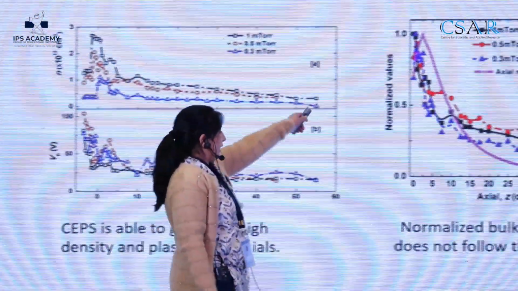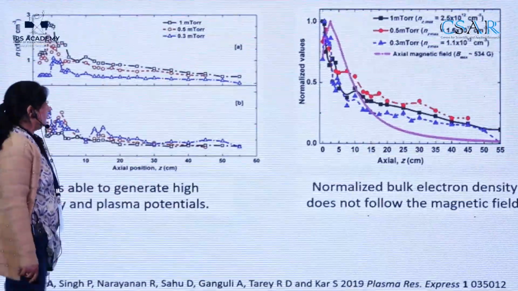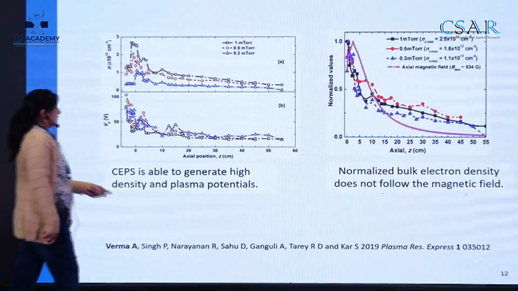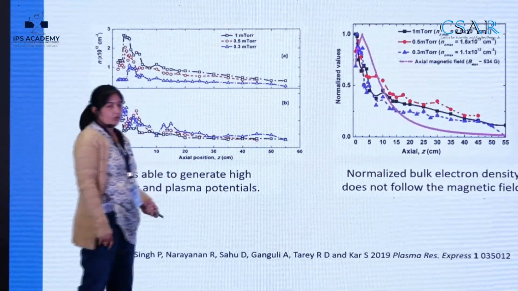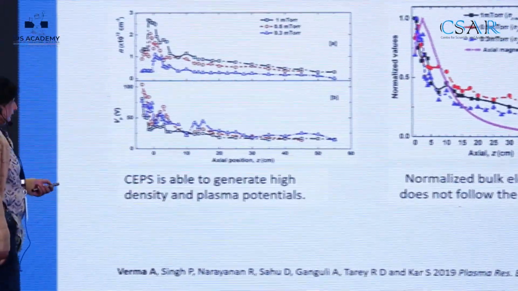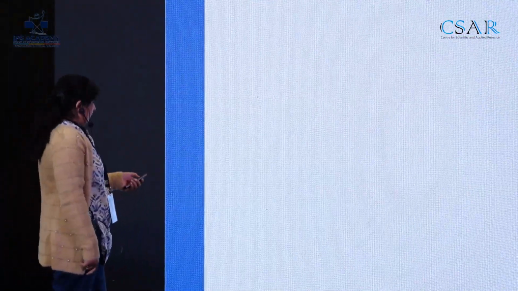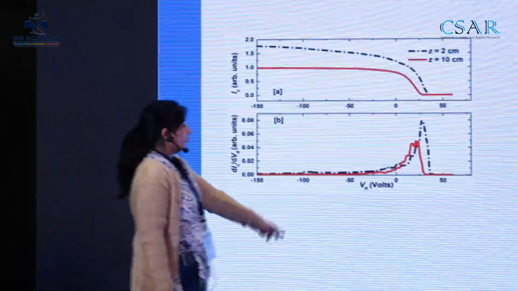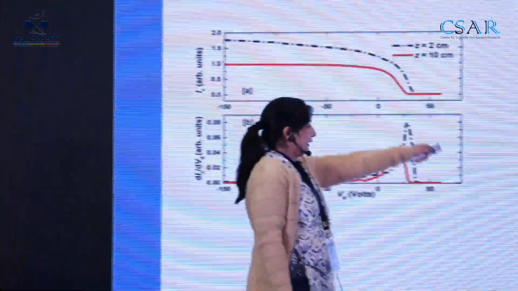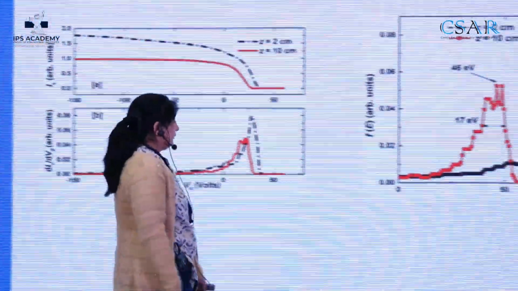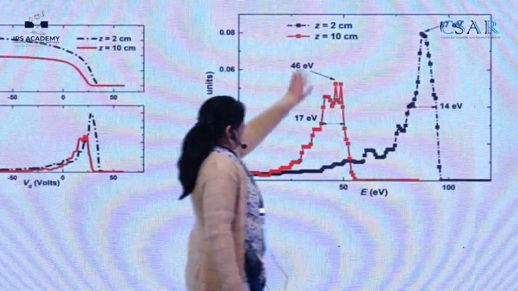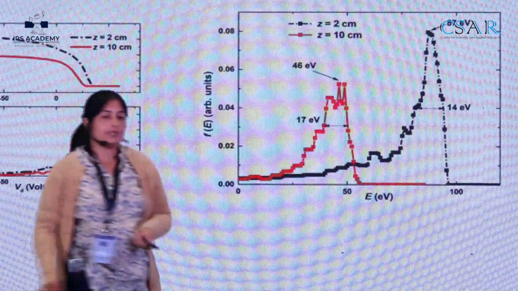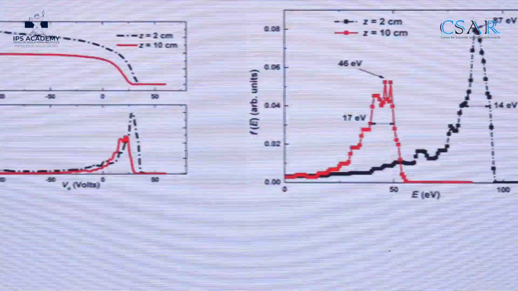The electron density profile has been compared with the magnetic field profile. These are plotted as normalized values. So we can see that the density profiles are not following the magnetic field. So something different was happening there. But for the sake of thruster configuration, we didn't go deep into those physics, but directly measured the ion energies, and we can see that in front of the magnetic source, at just 2 centimeters away from the source exit, we could have high energy ion beams. Around 90 eV ion beams were being generated.